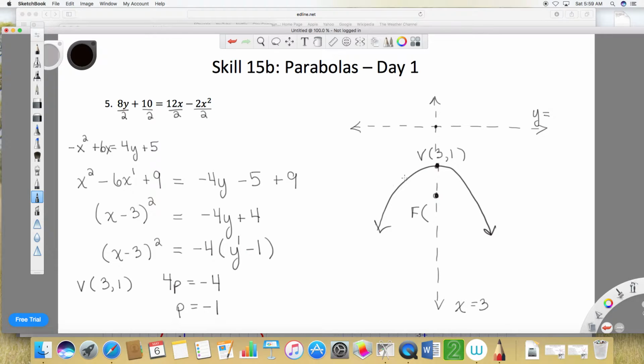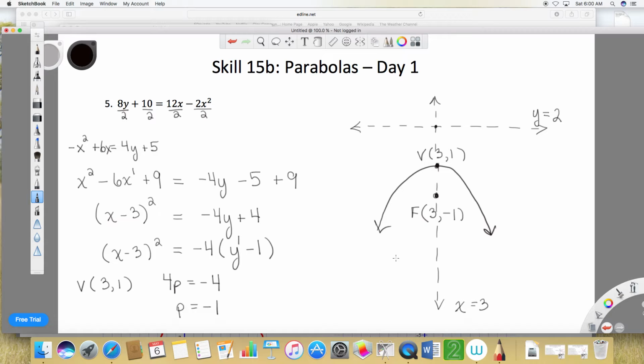I'm 1 unit away from the vertex to be either at the focus or at the directrix. If I move 1 unit up and down, that is controlled by the y variable. So 1 plus 1 is 2. So this directrix has the equation y equals 2. If I move 2 units down, 1 minus 2 is a negative 1, and that'll give me the coordinates of